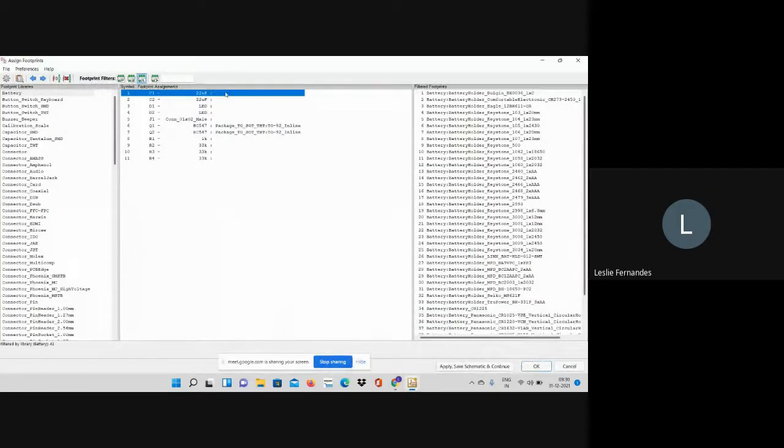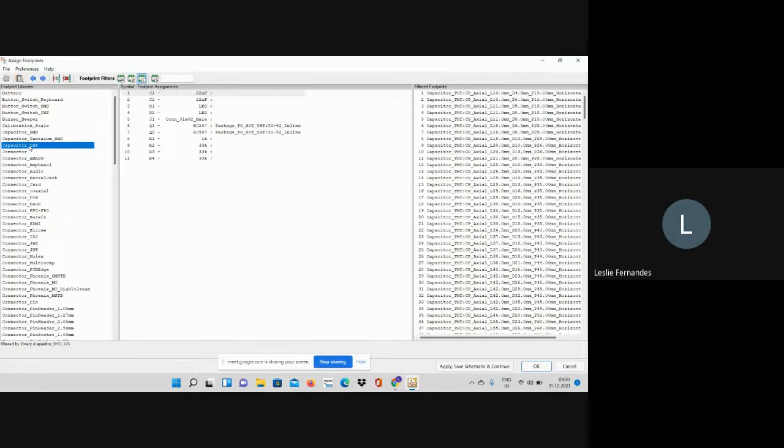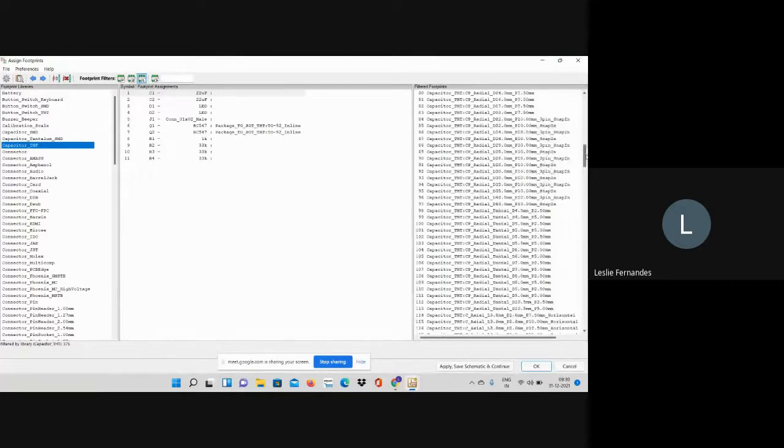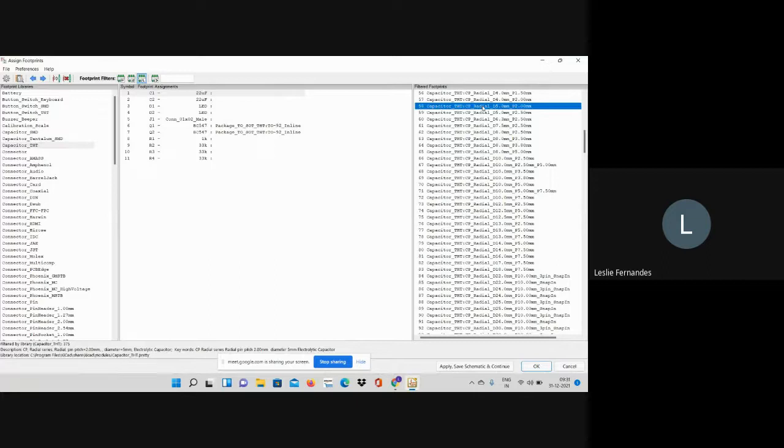So I'll click here, and on the left, I will go to capacitor THT. THT stands for capacitor through hole. Now in THT, all these capacitors have come. I'm looking for a radial capacitor with diameter somewhere around 5 mm. Okay, there is a radial capacitor with diameter 5 mm.